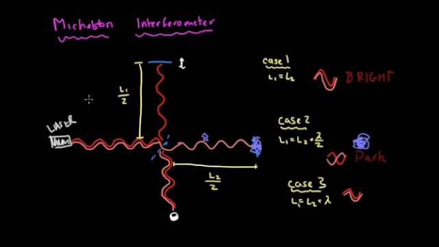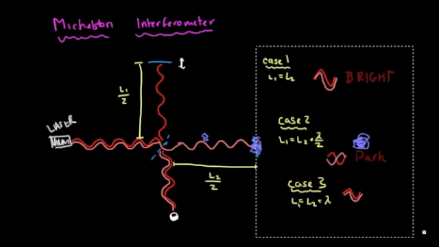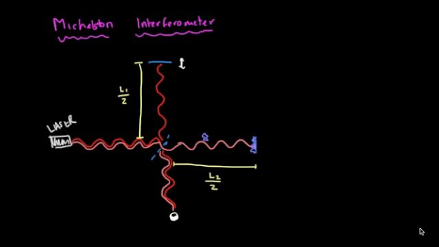So what can we do? I'm going to first erase these cases here. What can we do? Well, a quick solution that you might think of is that what if we just send a quick pulse of light out from the laser? What if instead of this constant stream, we just send a quick pulse, so that a pulse comes and a pulse hits the mirror and a pulse gets reflected upwards, and then a pulse continues straight through, and in this situation,